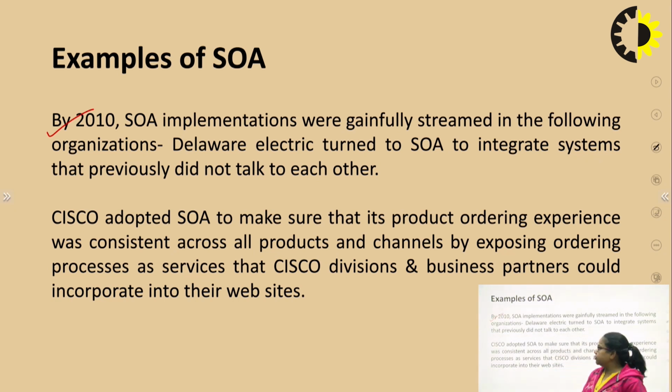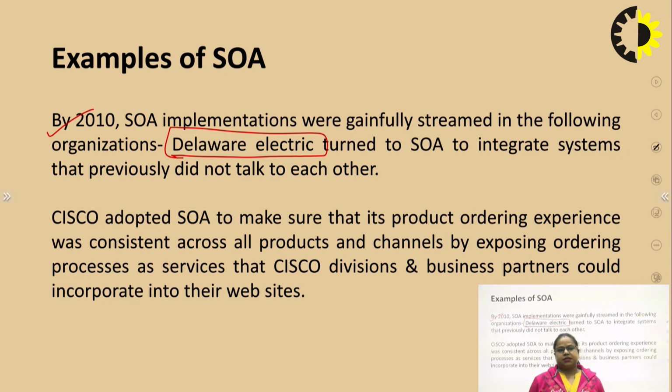First of all, we are going to talk about Delaware Electric. This is the name of the organization that turned to SOA to integrate systems that previously did not talk to each other, right? Second, after Delaware Electric, Cisco is an organization that adopted the concept of SOA to make sure that its products' ordering experience